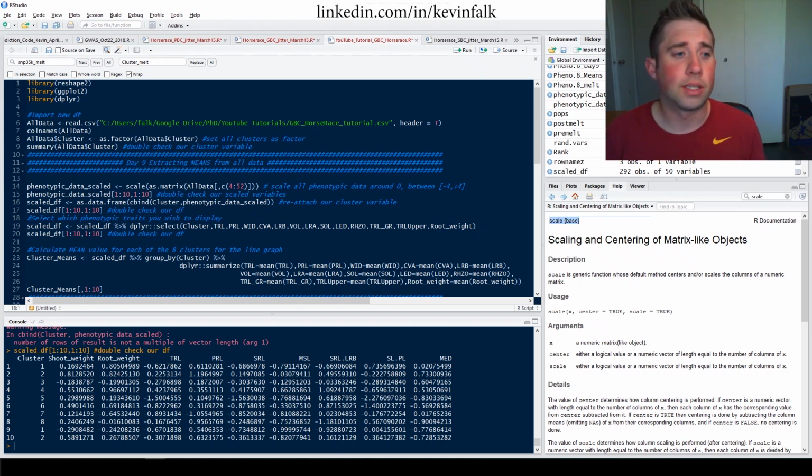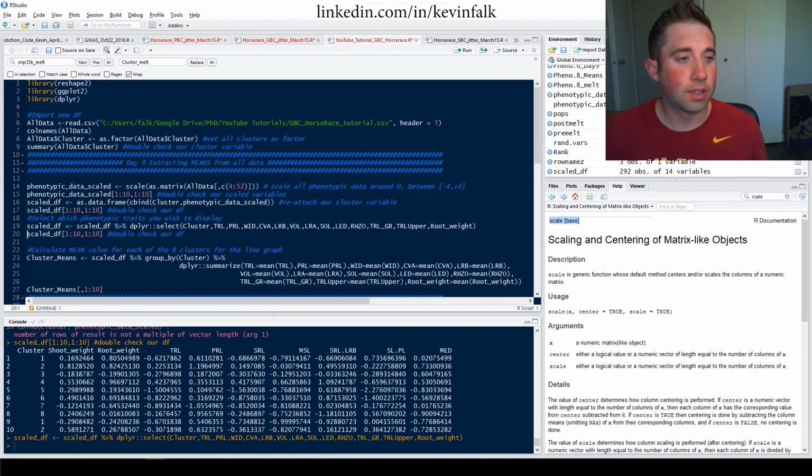What I do next is, using the select function within the dplyr package, I can then select cluster, and you can see I wanted total root length, primary root length, and I did want root weight. I put it over here. So these are the actual traits that I'm wanting on the bottom, the x-axis. So I'll run that,